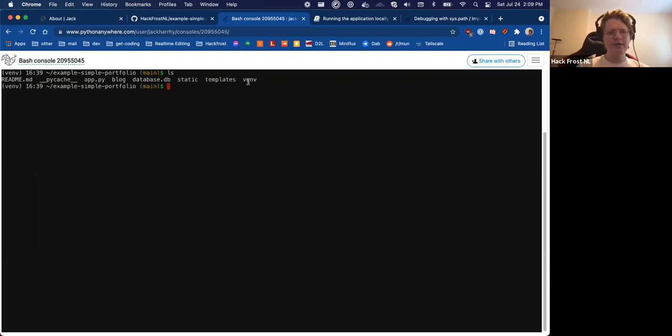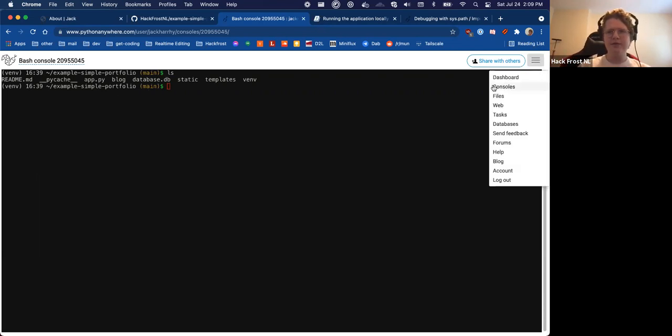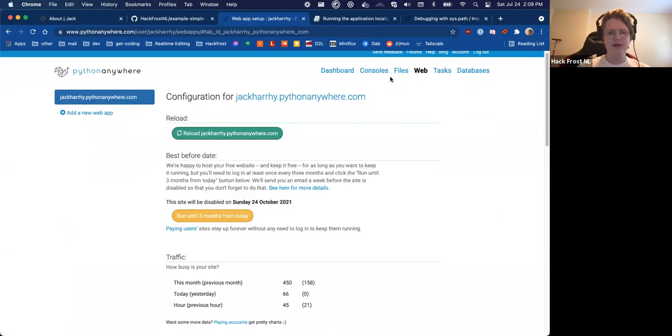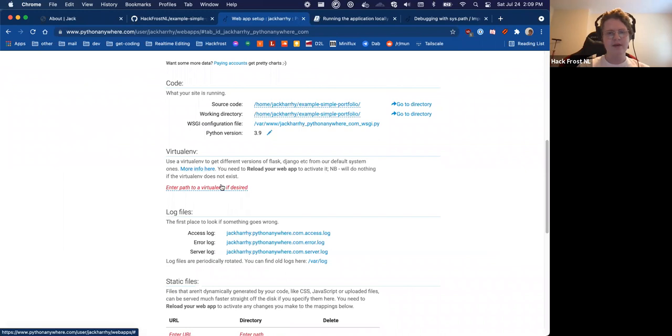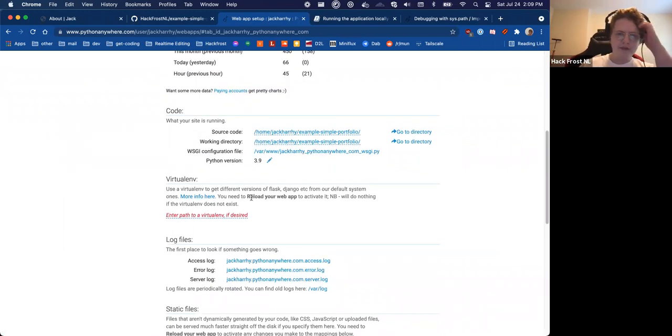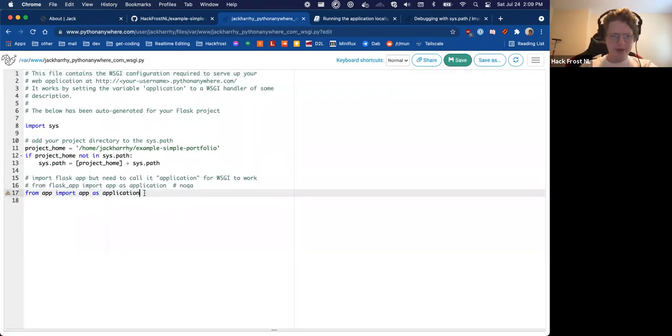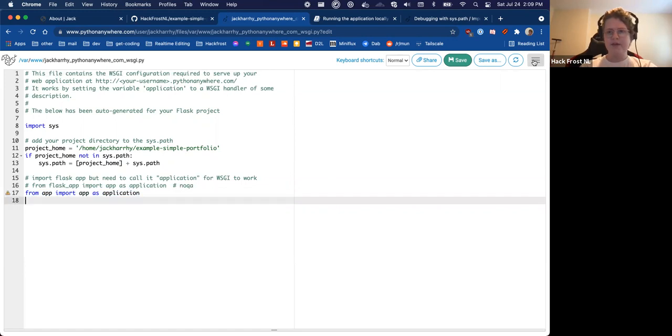We did install the venv, but I think I stopped using it afterwards, or did I? It might still be being used. I mean, the application itself is running. There isn't a venv. Maybe it looks at the venv folder. Anyways, that's not really important. So we changed the source code directory to be the directory of the source code, the working directory, so that when it creates database.db, it puts it in the right spot. We had to modify the WSGI configuration file to be this. And then once we had that done,